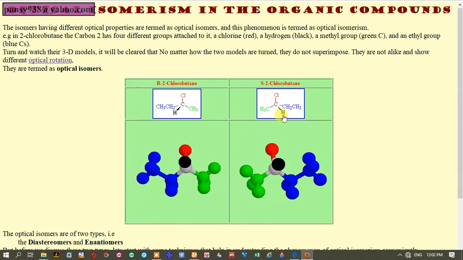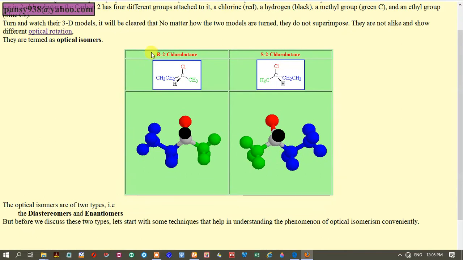Both are the same compound. One of them is called R and the second one is called S. This R and S are part of their nomenclature system that we will study in detail in coming lectures,